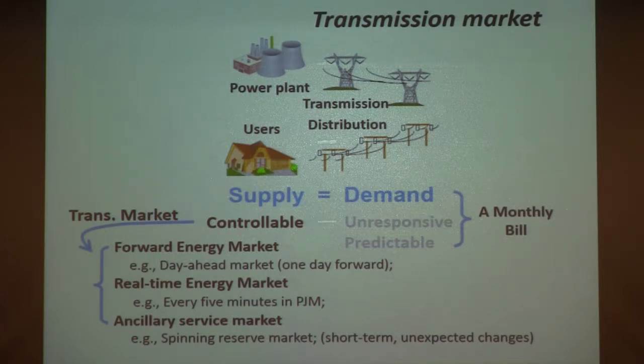Who runs the market? PJM is one ISO, an independent system operator. Is PJM an electricity company? It is an operator. I thought there was an independent body, and PJM is both. Like in Massachusetts, it is run by ISO New England, and in Pennsylvania, PJM is actually the ISO, the independent system operator. Right.